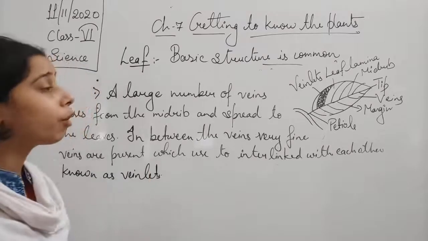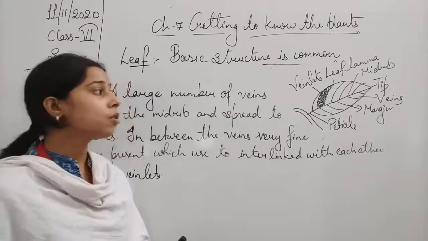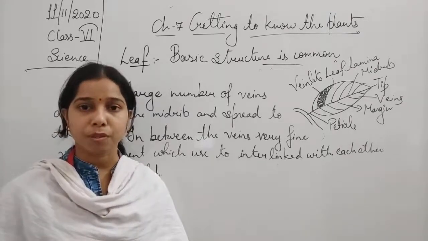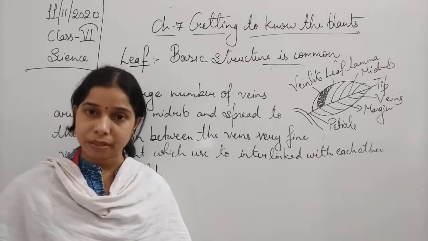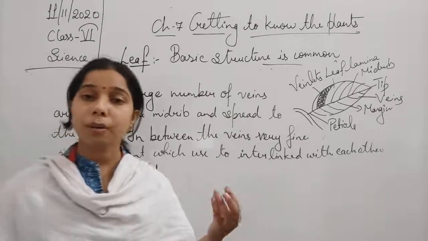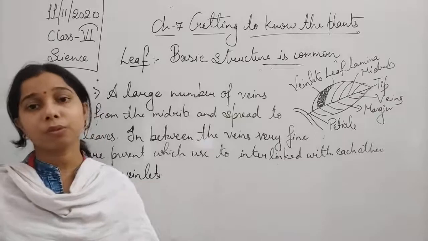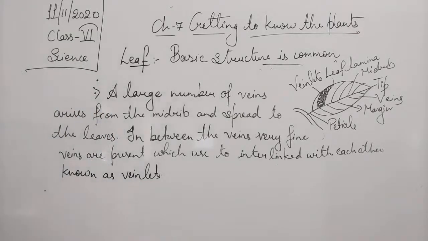Now basically, what is the role of the veins here, students? These veins carry small tubes, and these tubes contain water and minerals. So we can say that it is through the veins only that the water and minerals coming through the stem reach the leaves of the plant. So we can say that